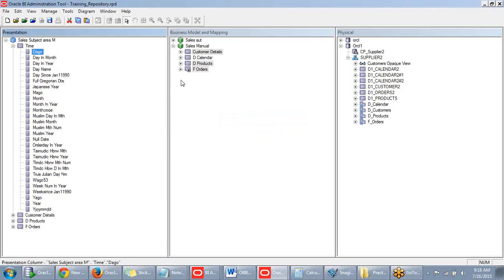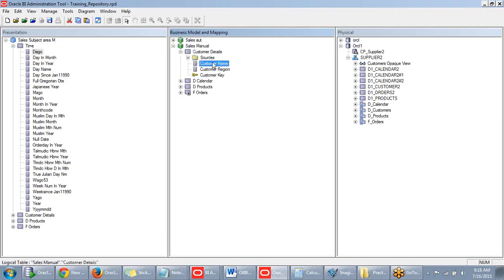And one more thing, that is renaming over here. We can provide all our customized names over here. Let us say initially what happens in the presentation layer is it will be pulling all the names from the BMM layer only. Okay, it will be pulling all the names from the source of that particular table. If you want to view the source here,